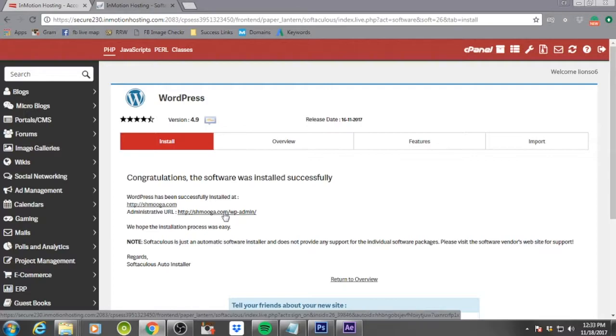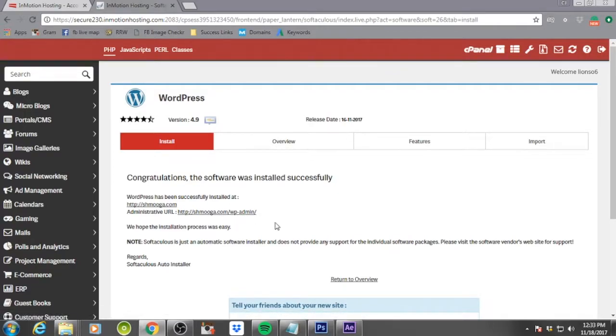If you do need to log in and you have to stop at this point and come back, this is the URL you will be putting in, not in the search bar, but you would do yoursite.com/wp-admin, and that's how you get to the login page. So for right now, we're going to go ahead and click on this, get us into the back end of the website,